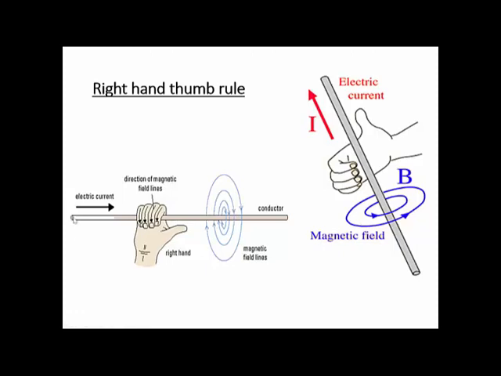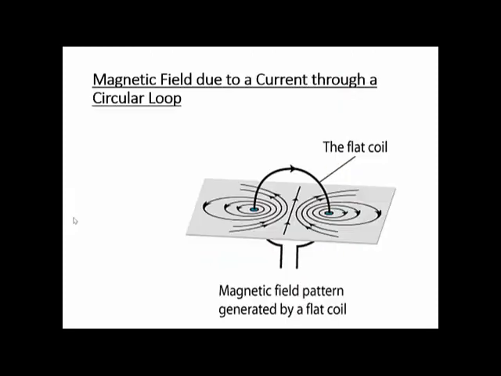Okay, so this rule is called the right hand thumb rule. Do you see this picture? Okay, what have I done? Now suppose the current is going from this point. Once again, all of you see the direction of the current. Positive, like this, then negative. So that is the direction of the current.